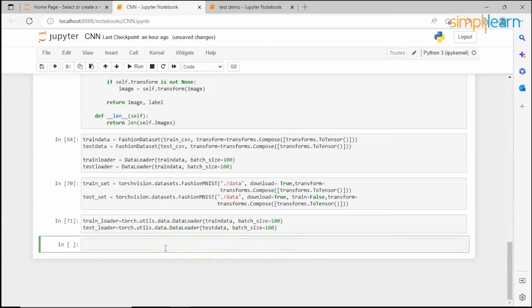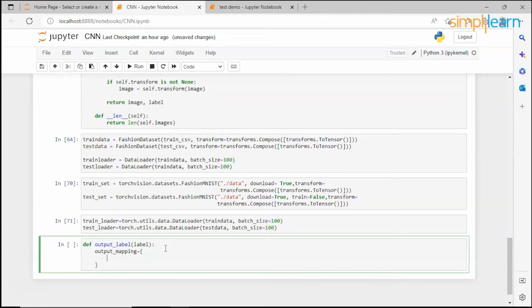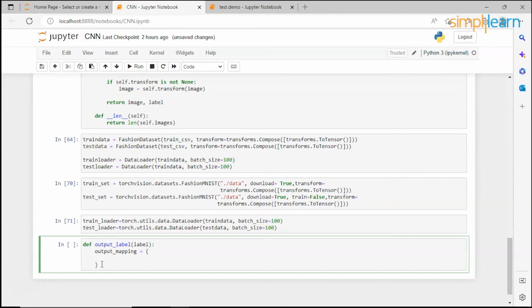Next, give the function def output_label of label, output mapping is equal to, enter all the labels here from 0 to 9. So totally we have 10. So we are giving from index 0 till 9. So in the place of 0, give T-shirt first. You can give anything. Let me give T-shirt or top,